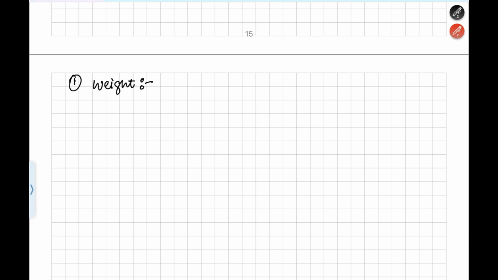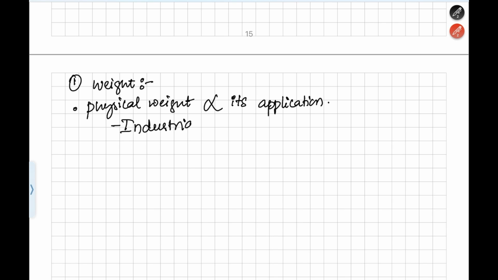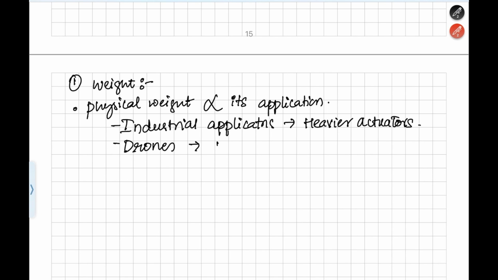The physical weight of an actuator directly influences its application. So when we are speaking in terms of industrial applications, heavier actuators are preferred because there is no mobility required here, right? They need not be moved, and along with that, they provide high force and durability, so they can be installed there. Speaking of lightweight actuators, which are used in drones and all,